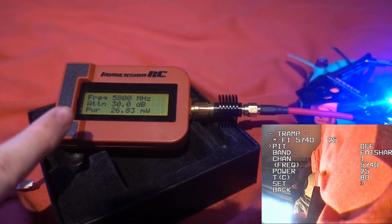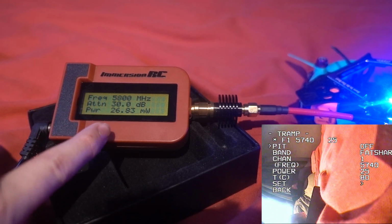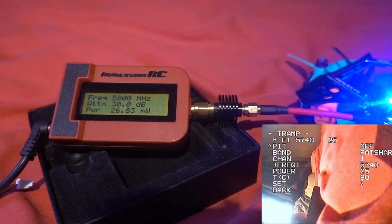Okay, let's have a look, see if this thing is outputting the right power output. So I've plugged it in there, and it started off at 36 milliwatts, but it's gone down to 26, so this is the 25 milliwatt setting. That's about right. This is actually on the Fat Shark channel, so you might find that on Race Band it goes even lower than that,